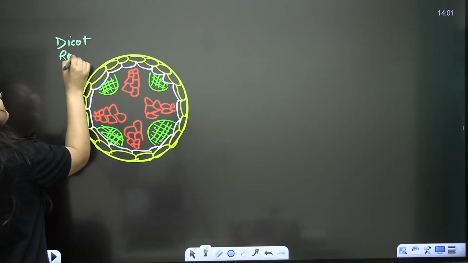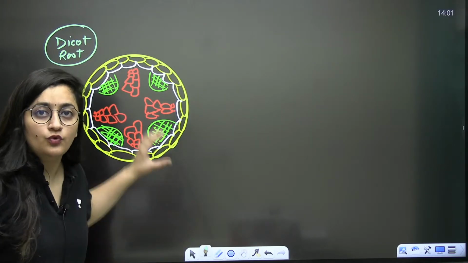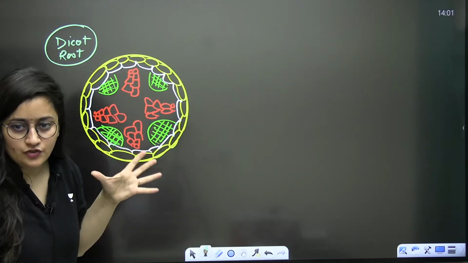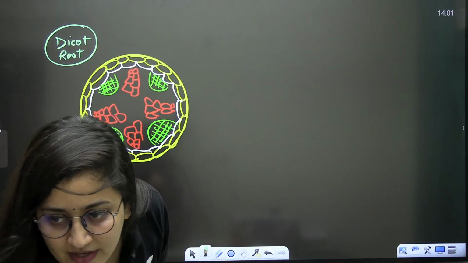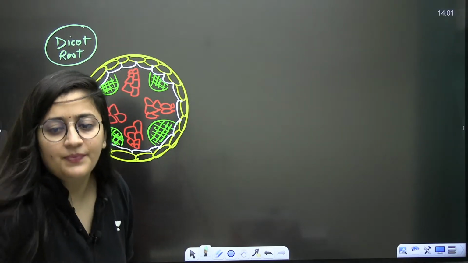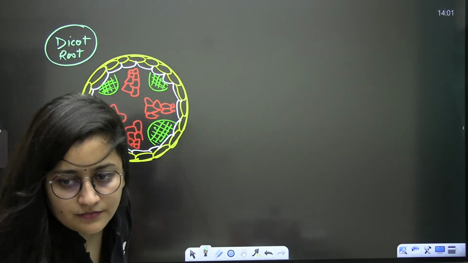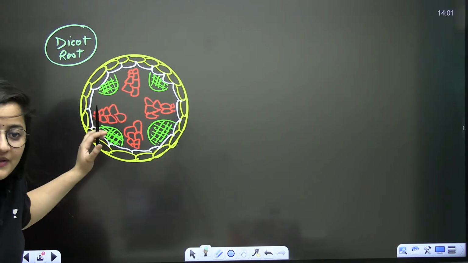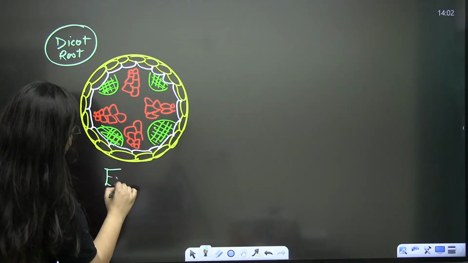You can even compare a dicot root with the dicot stem. In the dicot root, the pith is not so large, but in the dicot stem it is very large and conspicuous, you know it, right? So now you know that because it is a root, the xylem is arranged